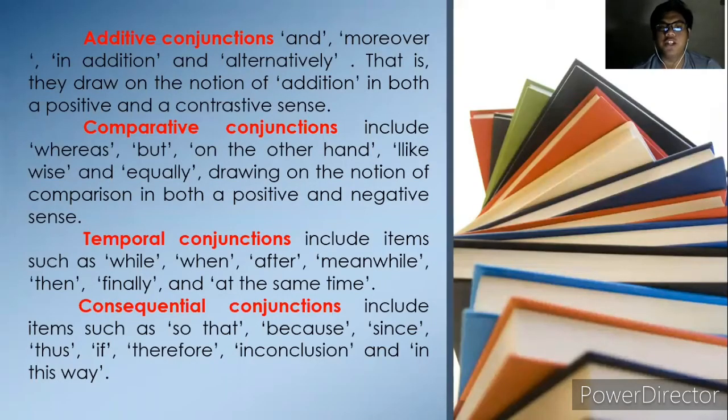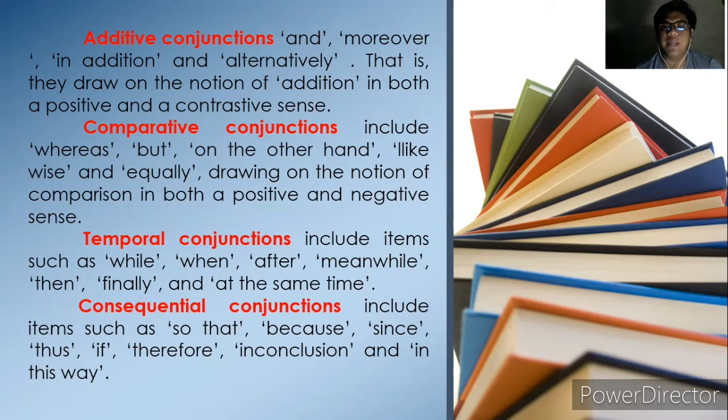There are four types of conjunctions in this interpretation: additive, comparative, temporal, and consequential conjunctions. Additive conjunctions are words such as and, moreover, in addition and alternatively. That is, they draw on the notion of addition in both a positive and constructive sense, while comparative conjunctions include the words whereas, but, on the other hand, likewise, and equally, drawing on the notion of comparison in both